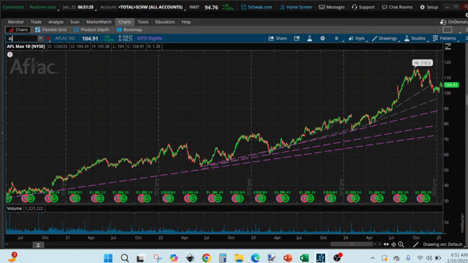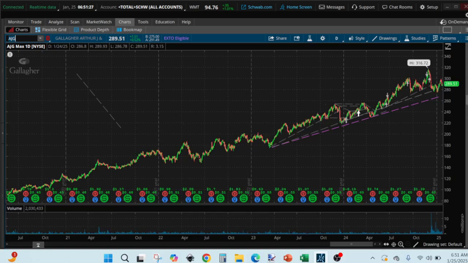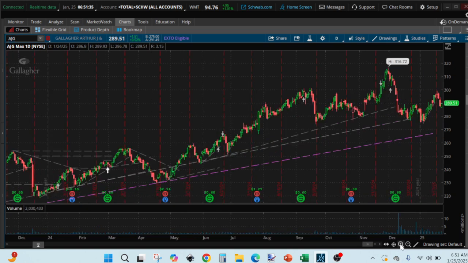AJG, we have it in our portfolio and we have not sold it yet. We bought it and it pulled back on us, pulled back to this trend line and started going up from there. So this trend line,